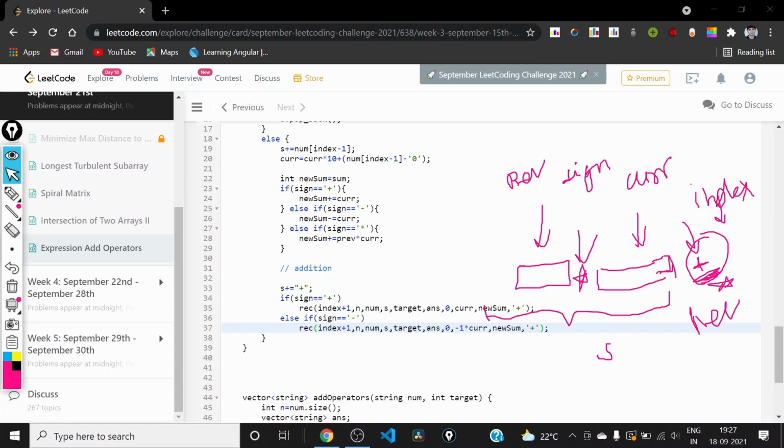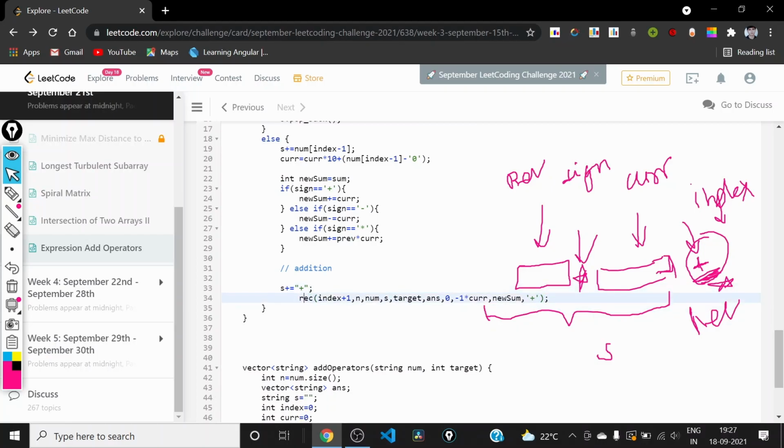We don't need to make cases then because we are doing it for positive. So we can do this, and in place of previous we can also pass -1, because if we are adding plus here, then we will only need the positive current quantity for further processing.